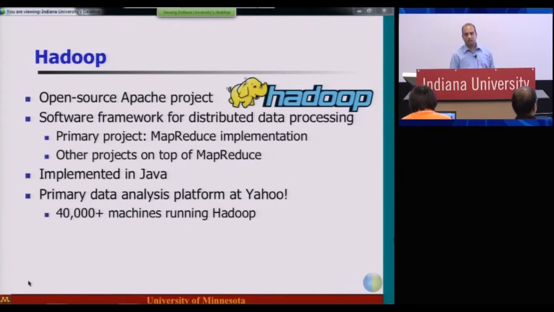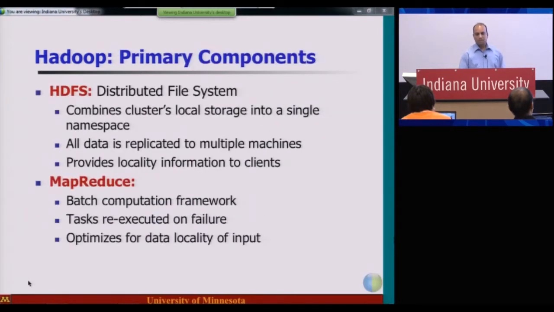Hadoop is implemented in Java, and it was the primary data analysis platform at Yahoo, where they run it on a very large number of machines. But as I mentioned, it's now being used widely by many other companies as well as institutions. The primary components of Hadoop include the Hadoop file system. This is a distributed file system overlaid on top of the local file systems of the machines in the cluster.